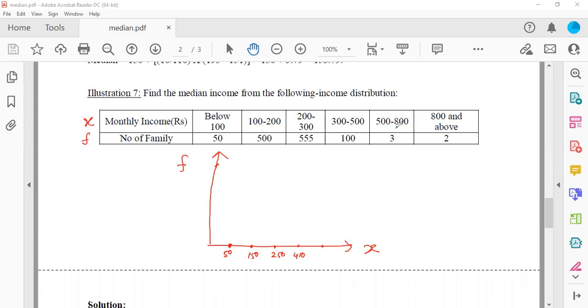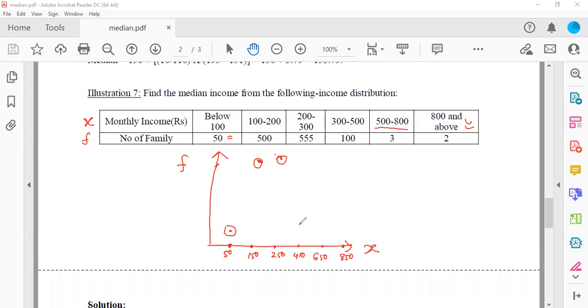This is the midpoint, midpoint of 700 something, 650. 650 is the midpoint, and this is roughly 850. If you plot, you get some 50s here, this value is 50, then 500 is here, or roughly assume 500 is here, 555 is here,